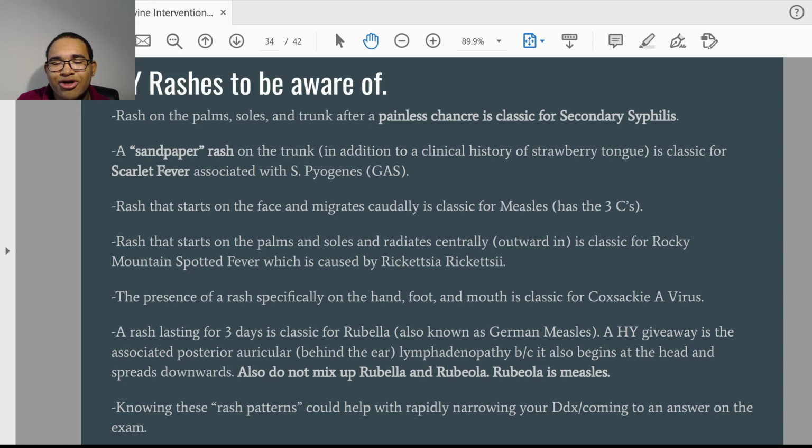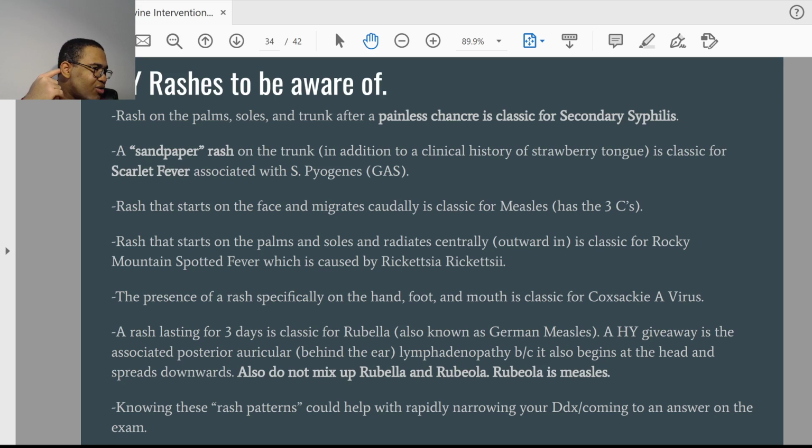Okay, do not mix up rubella and rubiola on your exam. Rubiola is the measles I talked about before. Rubella is German measles. I know, it's annoying, right? So don't mix up rubella and rubiola. Rubiola is measles. And usually one dead giveaway on an MBME exam that, oh yeah, this person has got rubella,